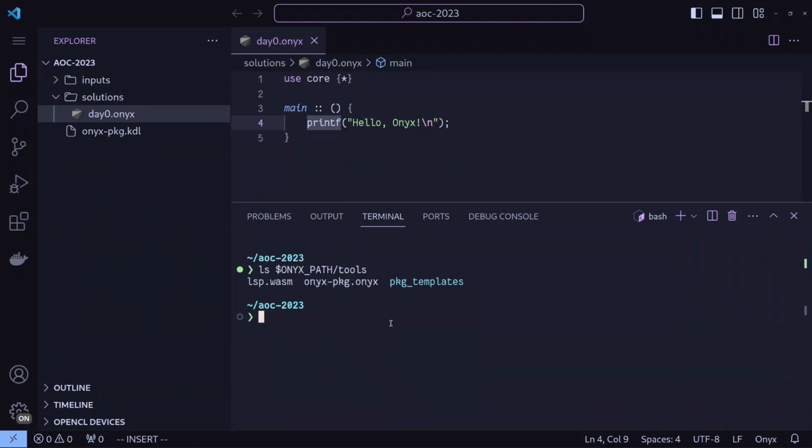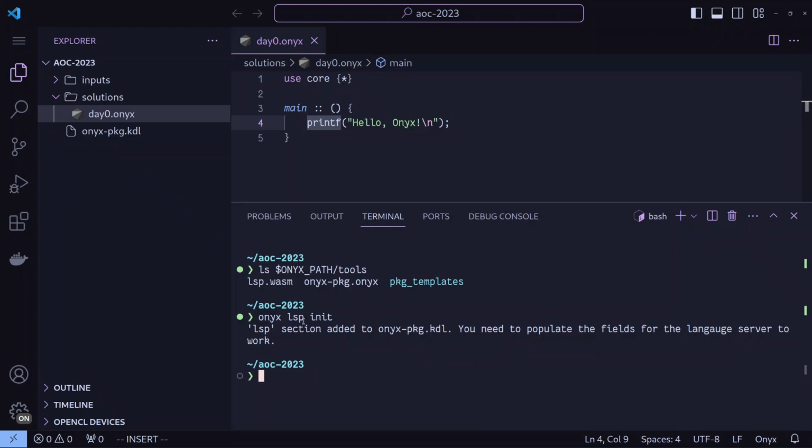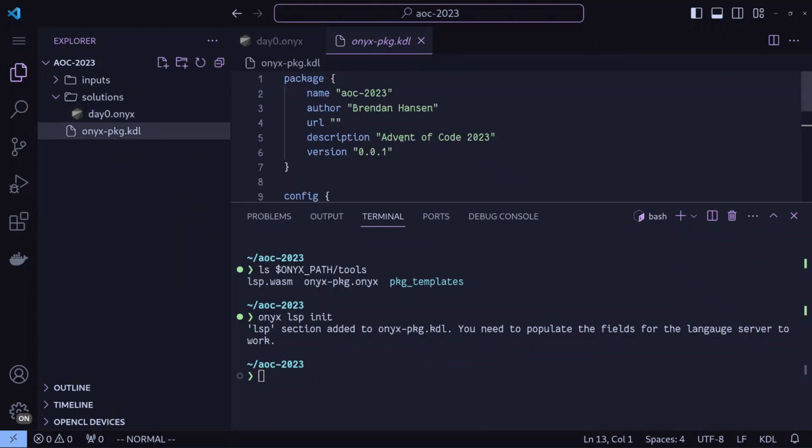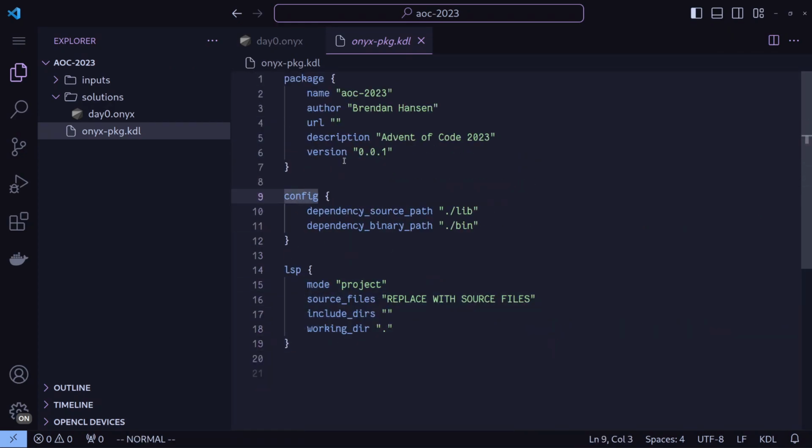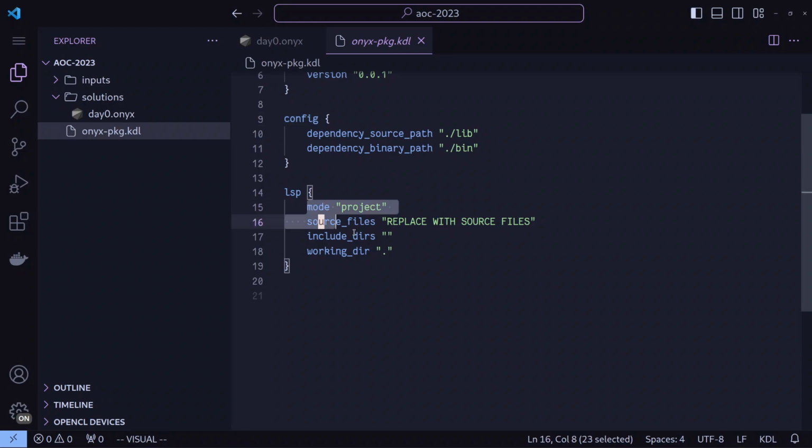You now have the LSP ready, and so we can initialize the LSP in this project by running onyx lsp init. What this does is it adds a section to the onyx package.kdl file, which just gets added below that configuration section. And so here we have a couple things we need to populate. So the LSP can operate on two different modes. You could have a project mode where you want to always compile in a particular way, because no matter which file you're currently in, your whole project always gets compiled from one particular root file,